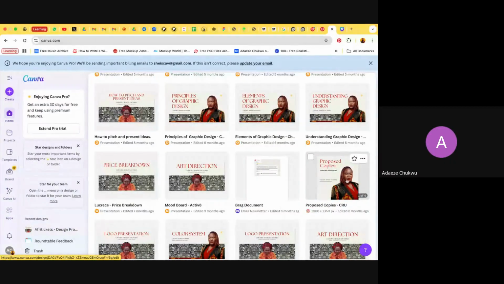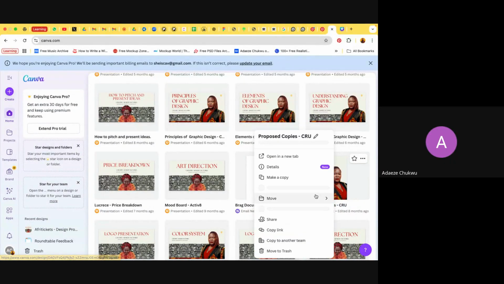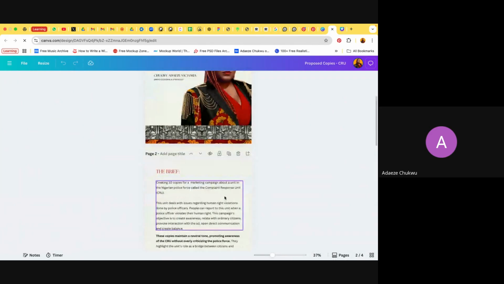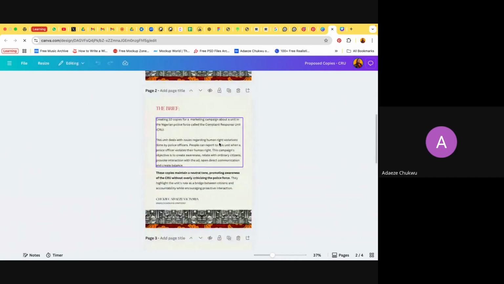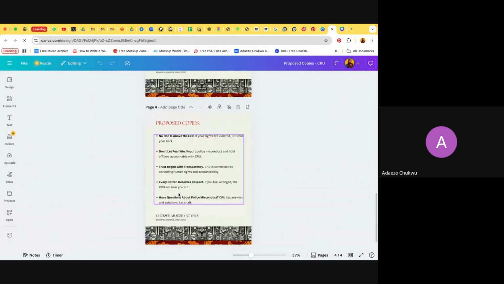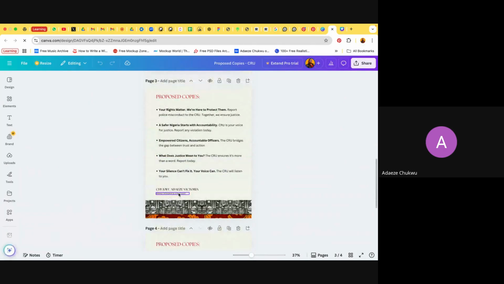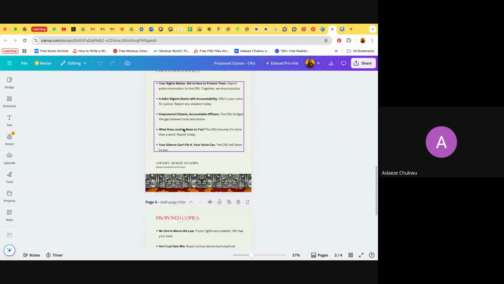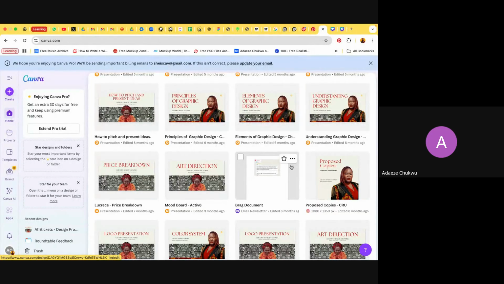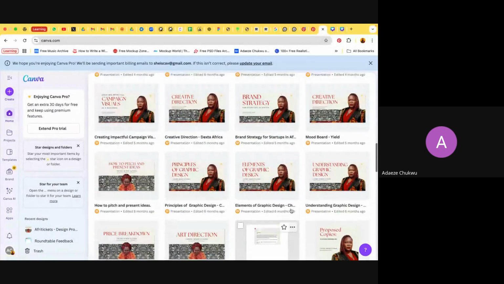So see what I mean by copies. I did one for CRU, a complaint response unit of the police force. So opening the brief, proposed copies. I put like 10 of them. This one was speaking to the rights of the individual, while this one was speaking more generally. So two directions that the copies were taking. So you can decide to do